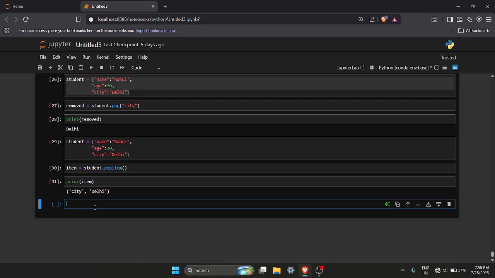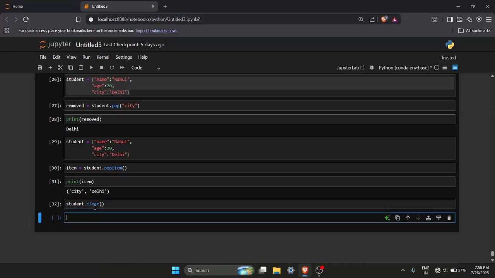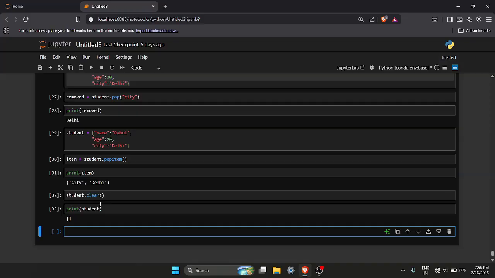And at last we have the clear method. The clear method removes all the contents of the dictionary and we are left with an empty dictionary. If I write student dot clear, it will return me a dictionary with no contents. It returns an empty dictionary. So now we have learned the most important dictionary methods including keys, values, items, update, copy, setdefault, fromkeys, popitem and clear. In the next upcoming session, we will be learning looping